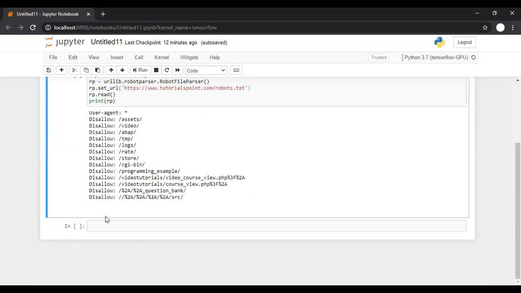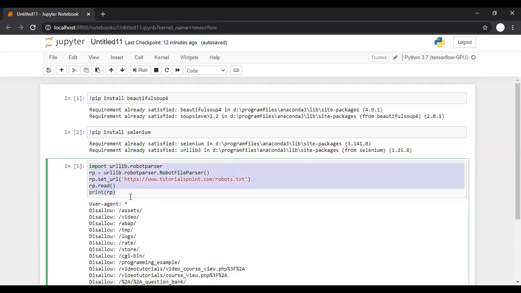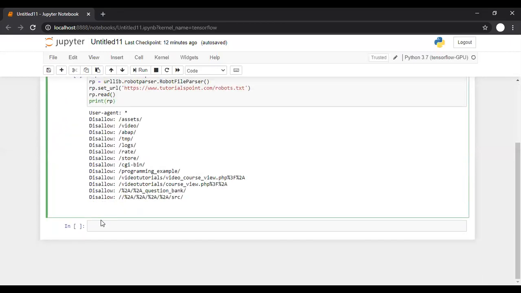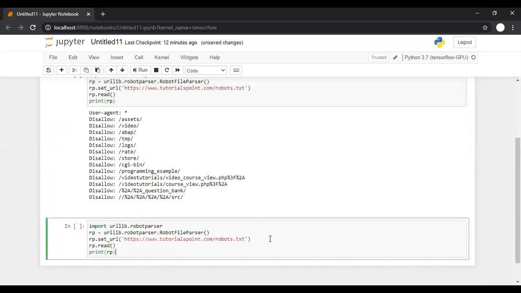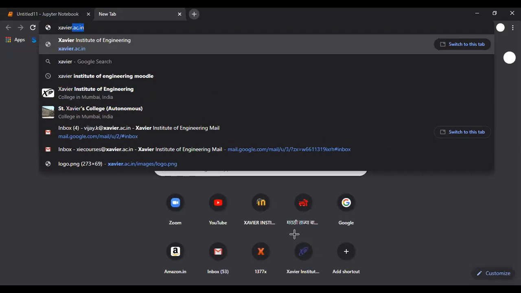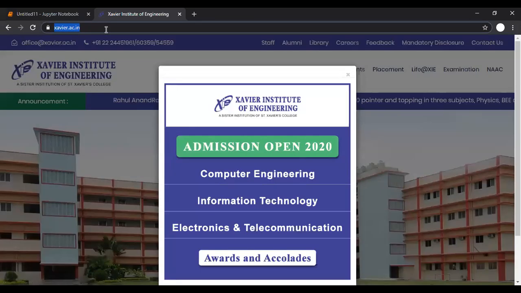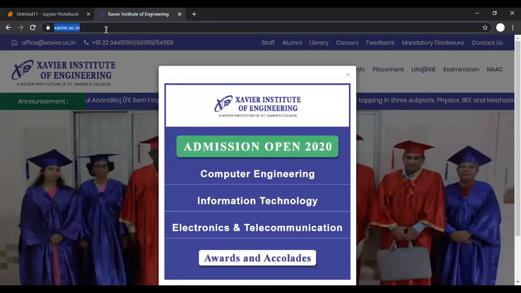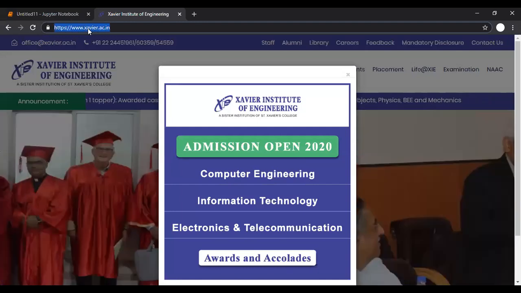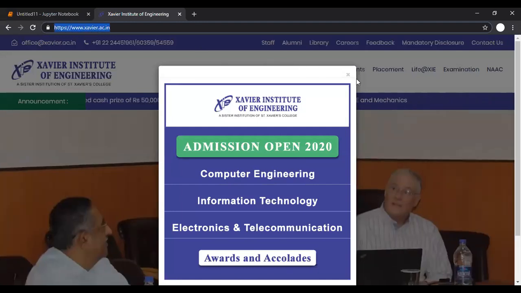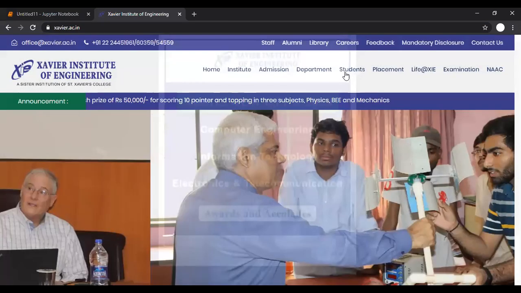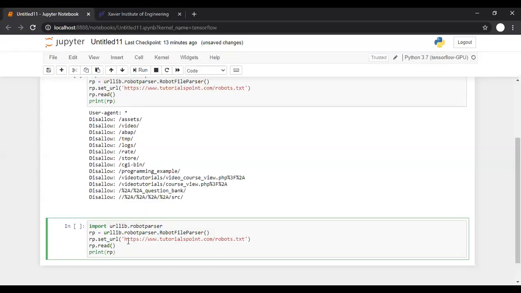Now let us check the robots.txt file for our college. I'm pasting the contents. What we can simply do is type xavier.xe.in, and here you can see there is no HTTP or www mentioned. So I can simply copy the contents from here and paste it over here.